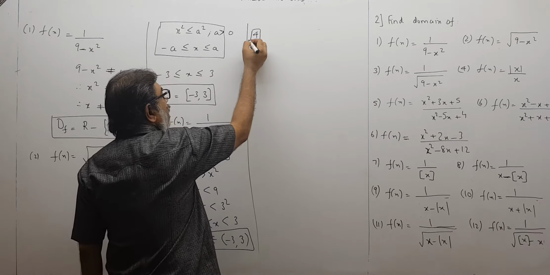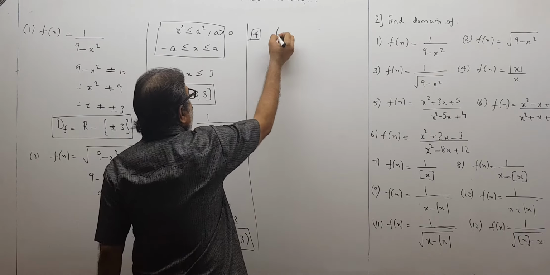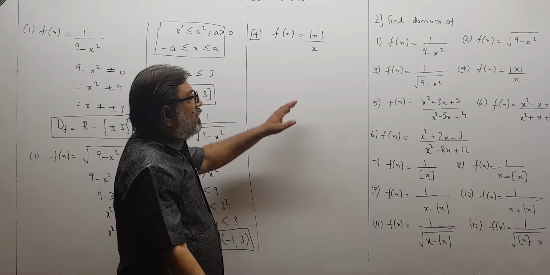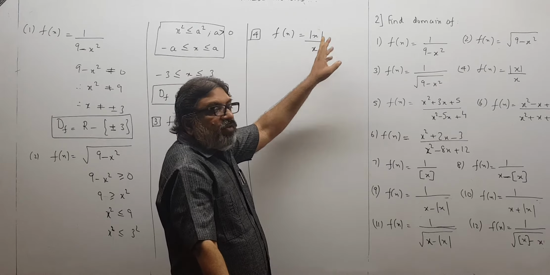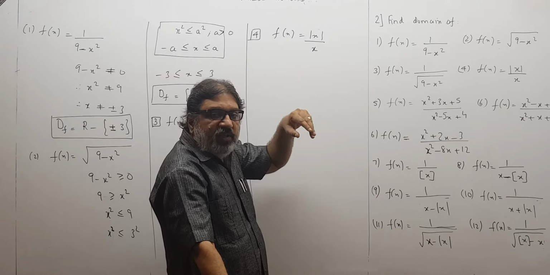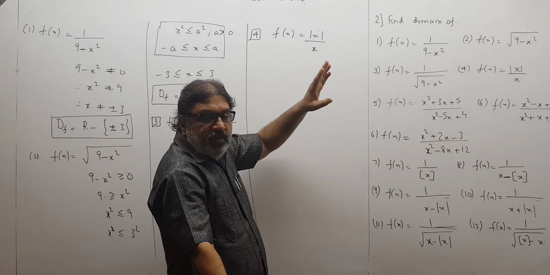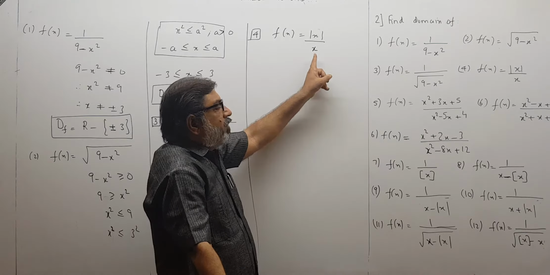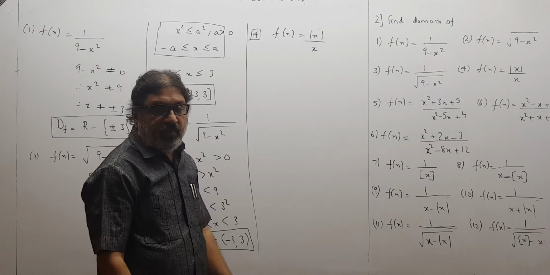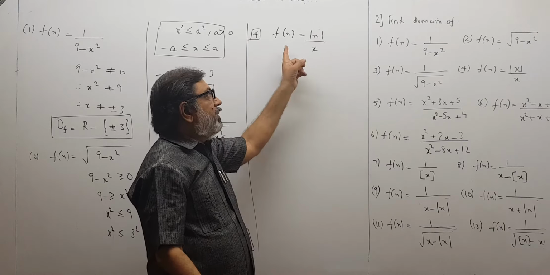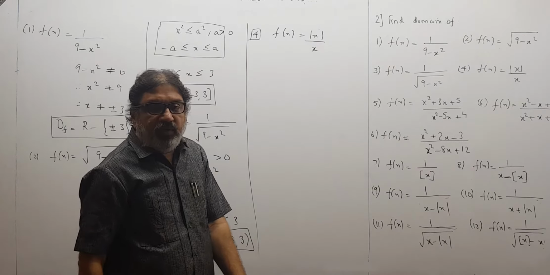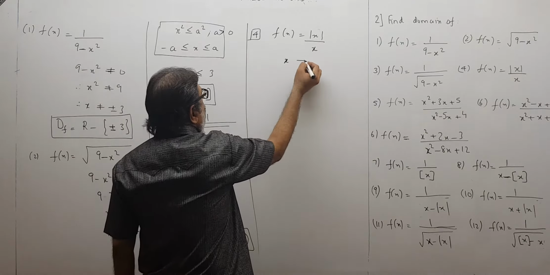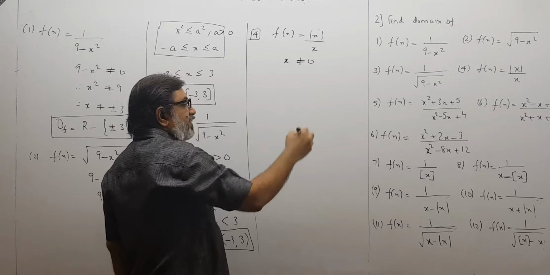See, I am given f(x) equal to mod x upon x. So I very well know that mod x is defined for all x. It is in the numerator, so this won't create a problem. If I see only the numerator, whatever value of x I put, it won't create a problem for me. So here x can belong to the real numbers, with no restrictions from the numerator. About the denominator, I know if x is 0, then this won't be defined. For all remaining x, my function will have some well-defined real number value. So by looking at this, I realize that x should not be 0. That is all. There is no other restriction.